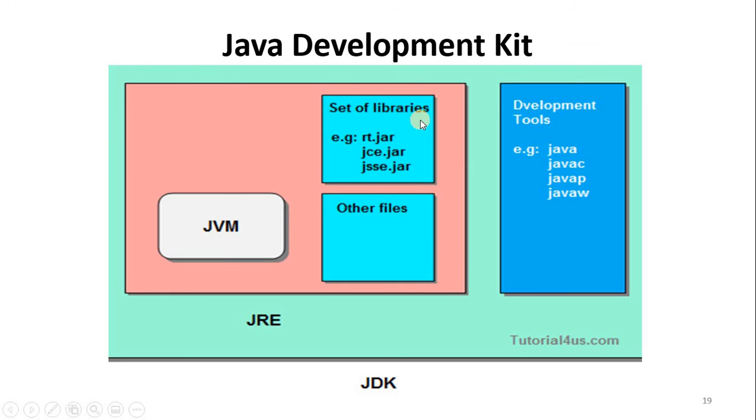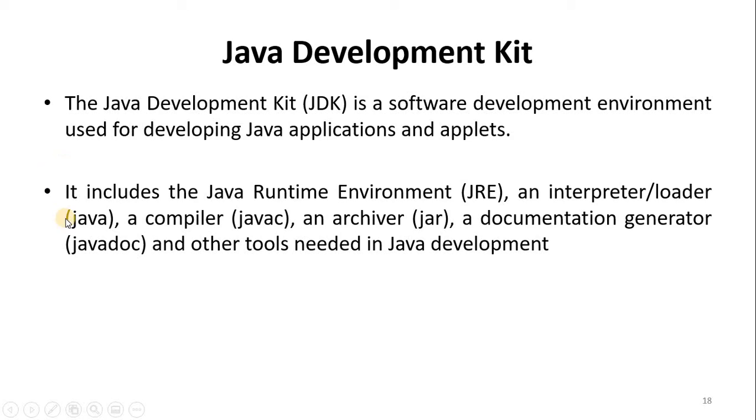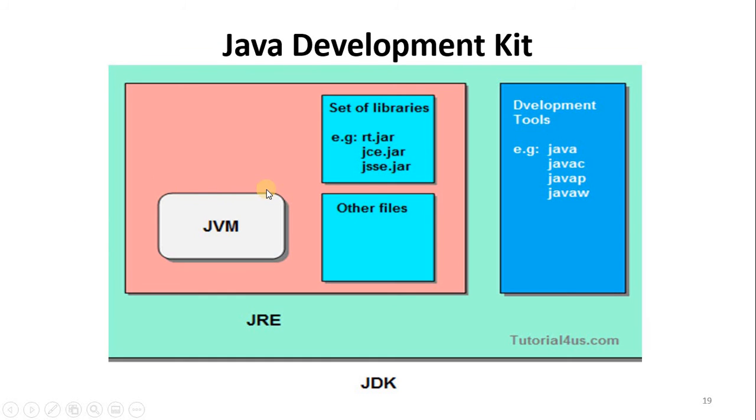In the JDK, we have the Java Runtime Environment. In the Java Runtime Environment, we have the JVM. The JVM will understand all about the jar files. A jar file will be executed by, it's nothing but java, the keyword we said previously. This is the JVM which is going to execute our code.